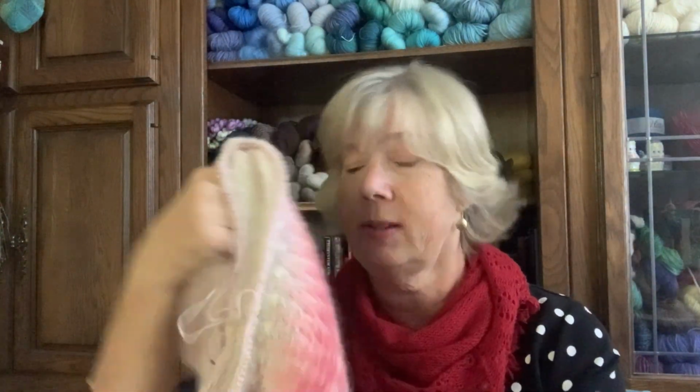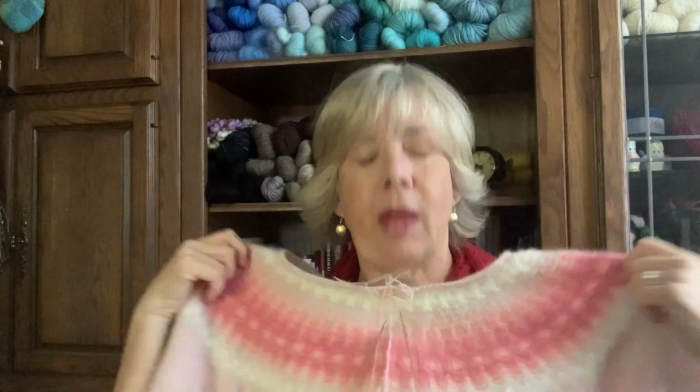And this one is also going to be a little cardigan. And I actually have the steek crocheted on this one. I just have to do the button bands and the neck band, open it up, and it'll be done. So yeah,